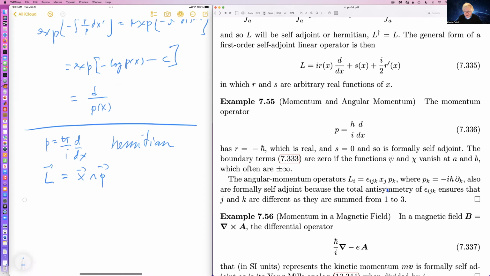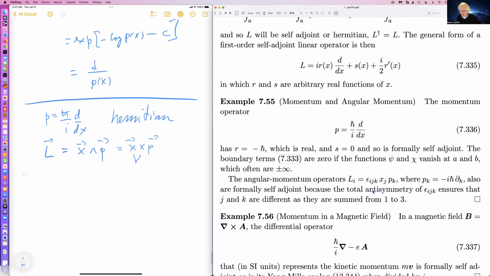I don't want to write x cross p with two x's, since that is sort of confusing. So what mathematicians do is use a hat, or a caret symbol, to mean cross. P is minus i d by dk,